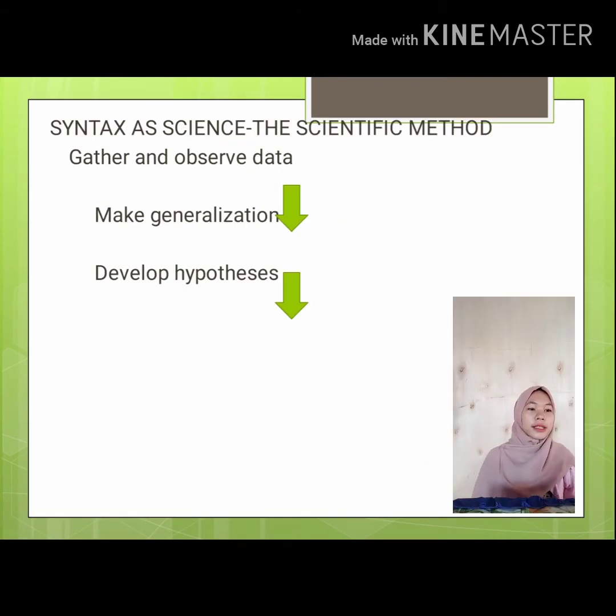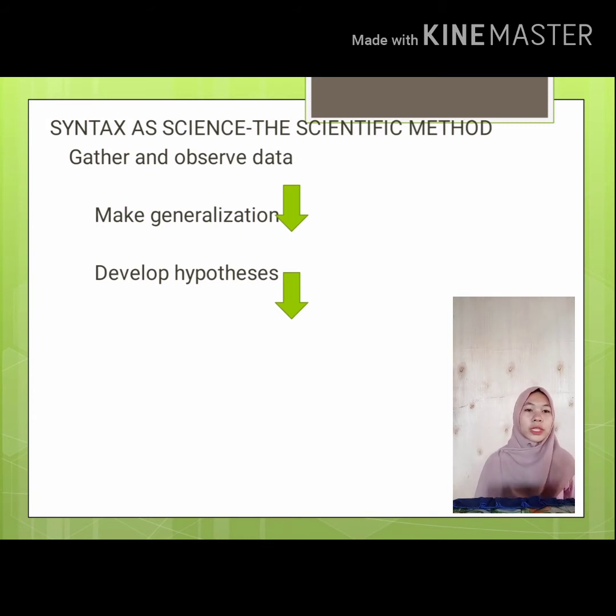And next, syntax as the scientific method. Science is perhaps one of the most poorly defined words in the English language. We regularly talk of scientists as people who study bacteria, particles, and the information for chemical compounds. But ask the first person on the street what science means, and you will be hard pressed to get a decent definition. Science refers to a particular methodology of study. The scientific method